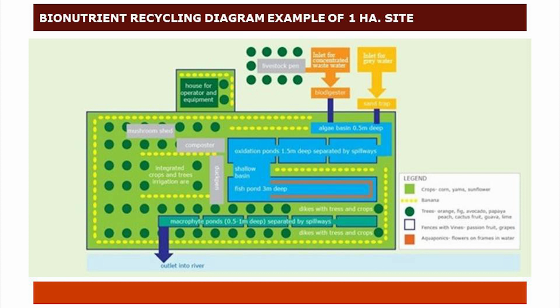So in the upper corner, you see that there's 2 inlets to the site. One is the diluted gray water. That isn't very rich in nutrients, but it is important for the flow through the facility. But then you also have the concentrated wastewater to which sometimes livestock waste can be added. And that passes through a biogas digester first, where we produce energy through methane, and then a very nutrient-rich effluent, which then joins the grey water stream in the first shallow algae basins, where the first purification steps are taking place. But also, we grow algae, and these algae then flow into the deeper oxygenation ponds, which are important for